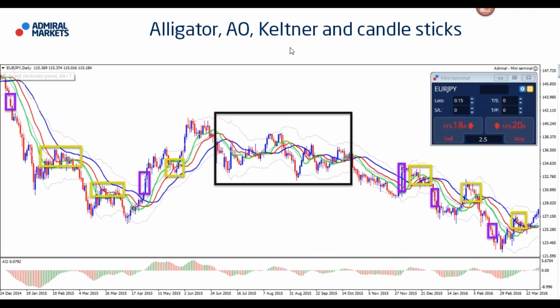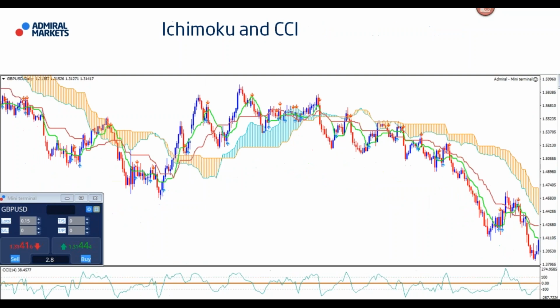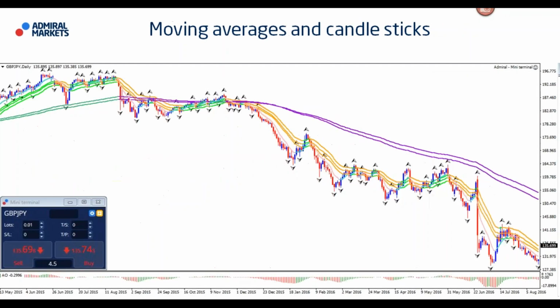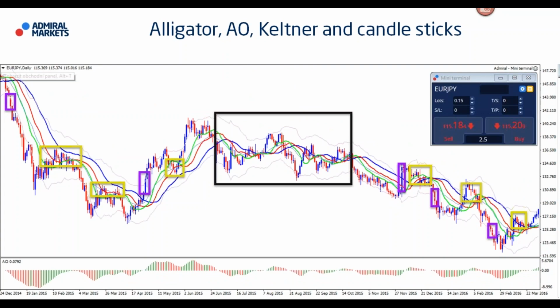But I like the Keltner a lot too. By the way, this is something that I've been really using a lot recently as well, I should add. And AO, I obviously use that quite often. Alligator I used to in the past, I don't do that as much in recent times. And Ichimoku I did in the past, not so much recently. CCI I did in the past, not so much recently. So these are more older ones I have used. The ones I use more now are moving averages and fibs, which I always am a big fan of.